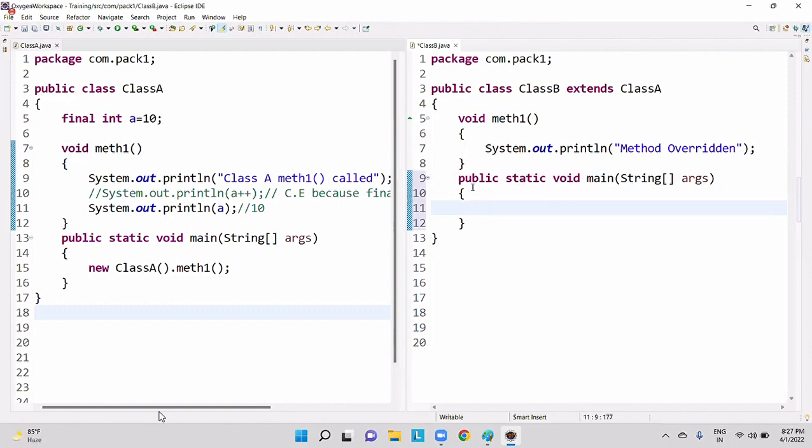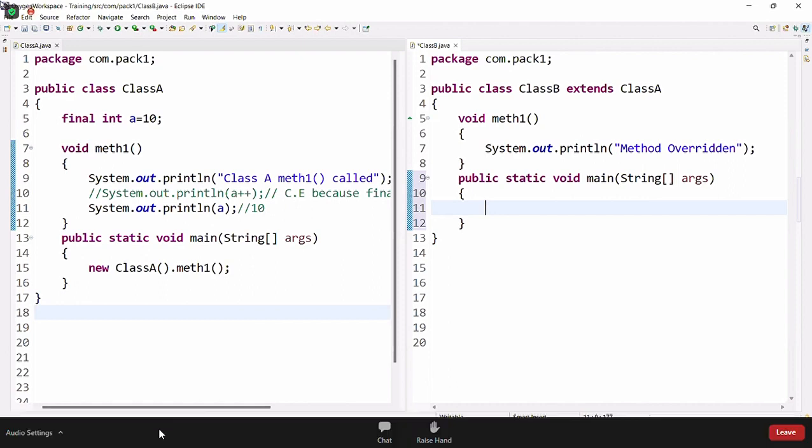I want to prove that I am implementing method overriding. I told you four points in inheritance. Of those four points, I request you to go with the second point. What is the second point, guys?